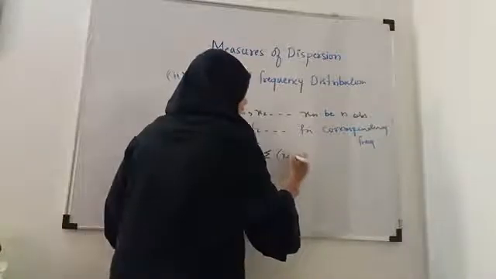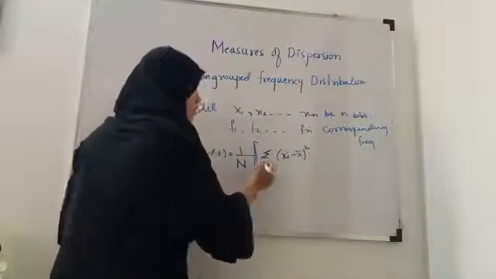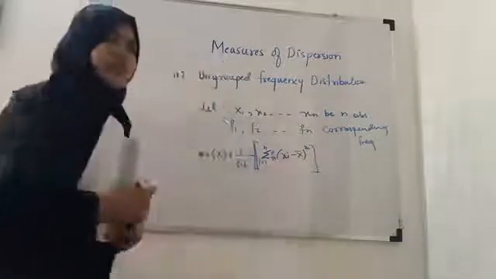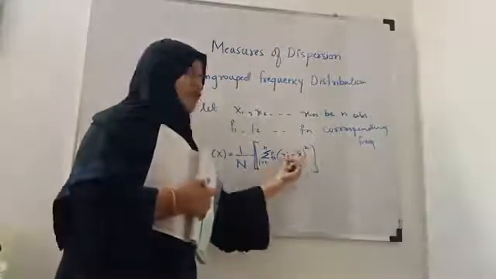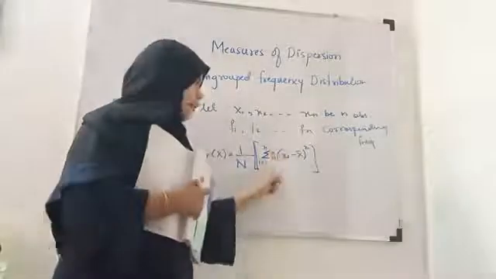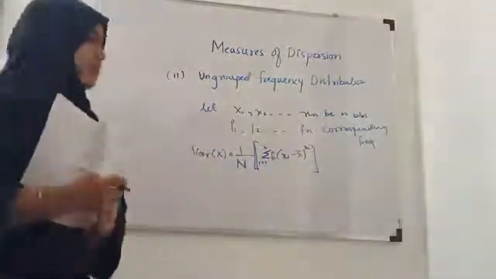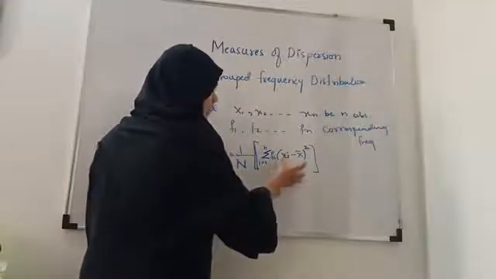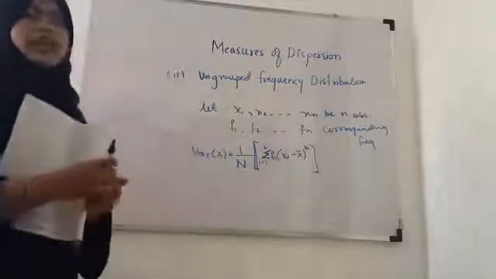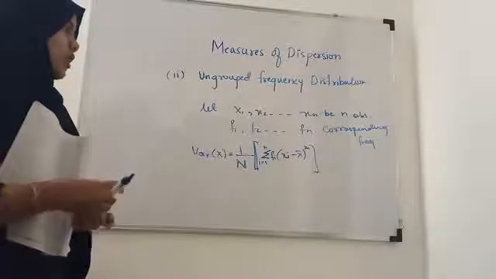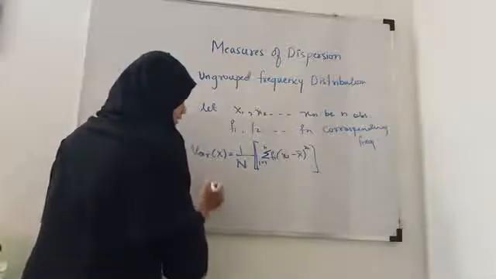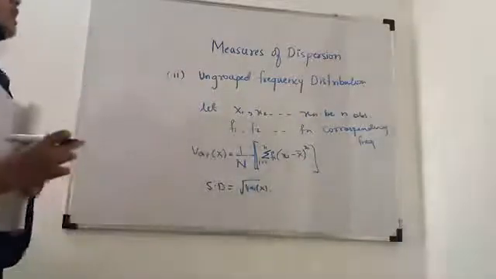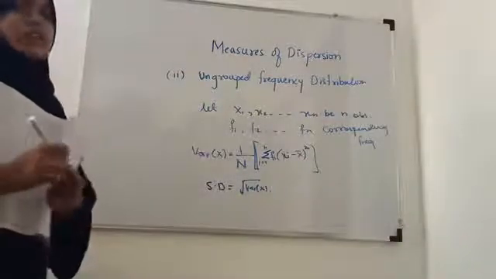Summation of xi minus x bar the whole square, the formula will be same, only you have to multiply this bracket with fi. Okay, so x1 minus x bar the whole square, you have to multiply that bracket with f1 plus f2 times x2 minus x bar the whole square, like that. Okay, so here the formula is just changed, fi will be multiplied to this bracket and we have to take capital N, summation of all frequencies. Okay, so this is the formula for variance, and the sigma will be same, under root of variance of x. Okay, so this is the formula for ungrouped frequency distribution.